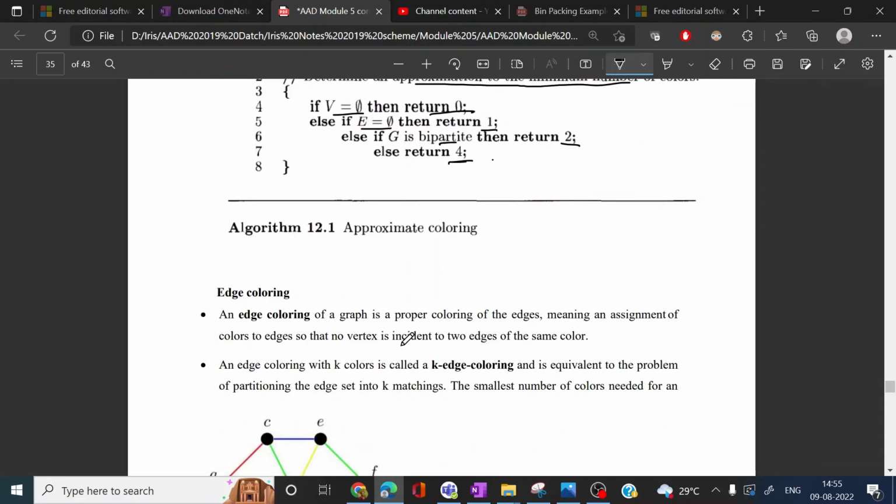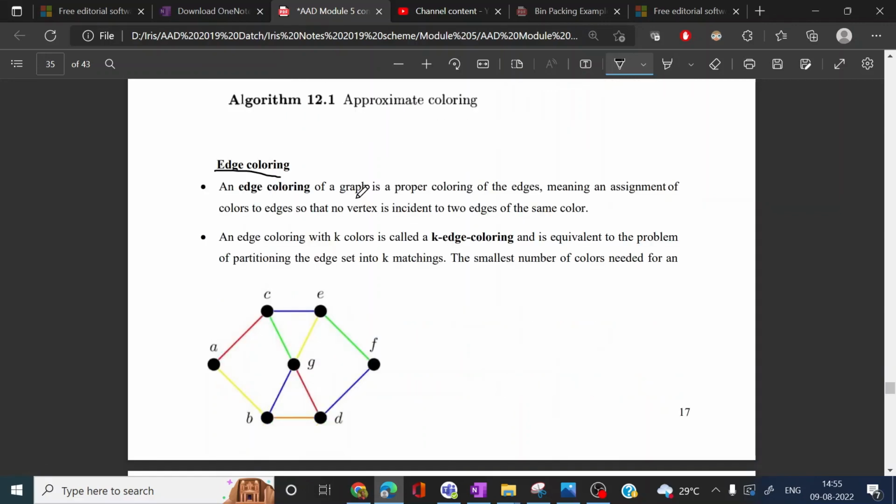Similar to this, edge coloring is also possible. That is, edge coloring of a graph is a proper coloring of the edges. Instead of vertices, it is a proper coloring of the edges, meaning an assignment of colors to edges so that no vertex is incident to two edges of the same color. Similarly, K edge coloring: edge coloring with K colors is called K edge coloring. Total coloring means